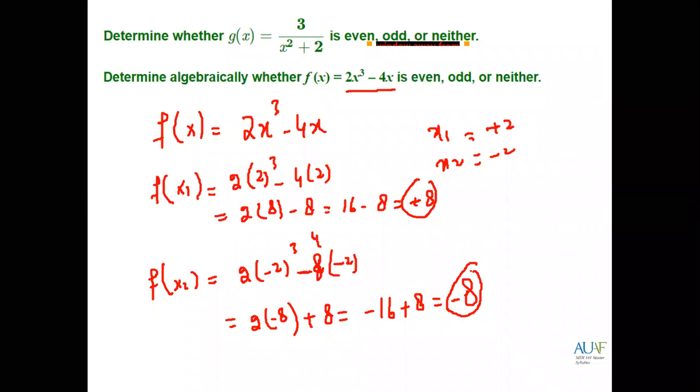Professor, I have a question. Yes. How do we know the value of x? Did we put it from our side? Yes, you can give any values, but the same value with different signs. You can give 1, you can give 2, you can give 3, you can give 10, any value of your own choice.